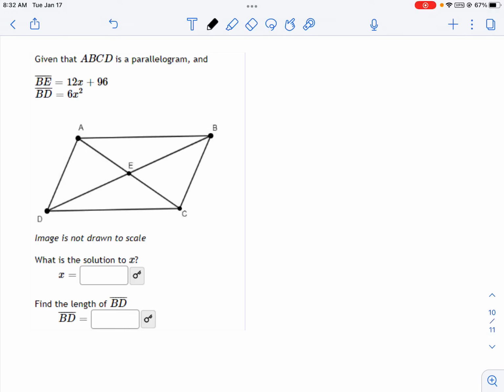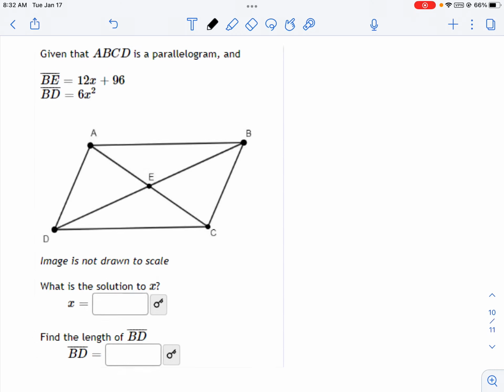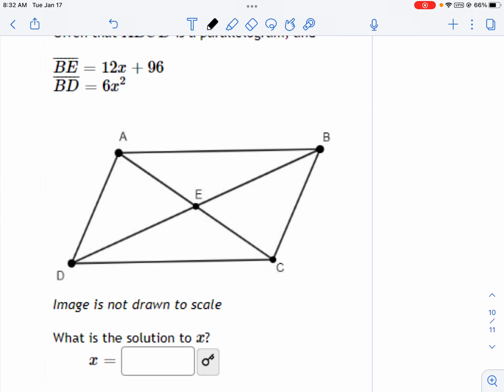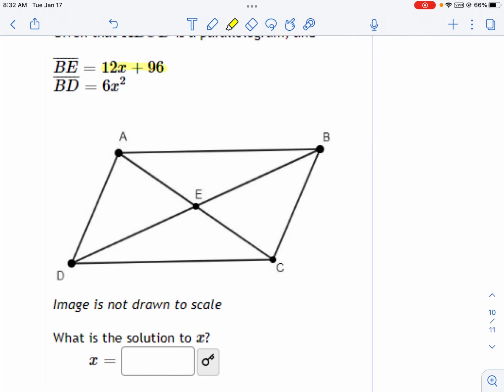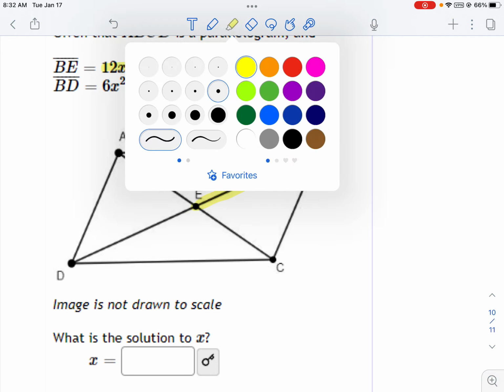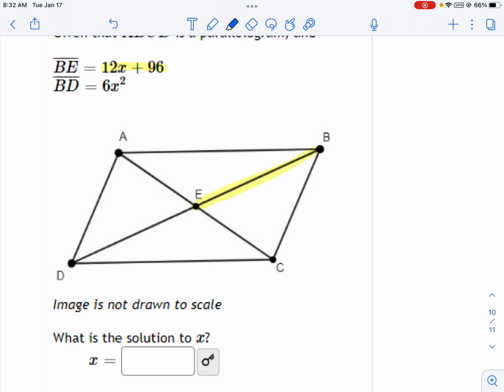Hello and welcome. We're told that, given a parallelogram ABCD, the segment BE is 12x plus 96, and BD is 6x squared. First off, B to E is this little segment right here. We're told that's 12x plus 96. Then we're told that BD, which is not just part of the segment but the whole line itself, is